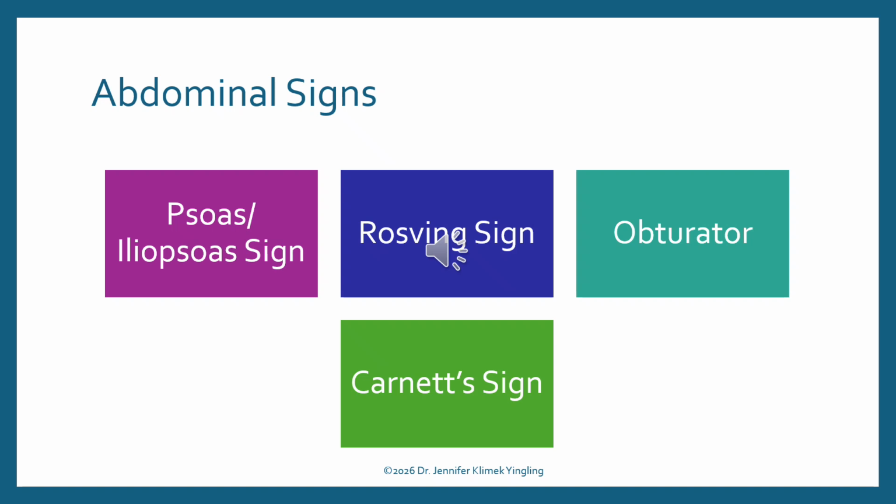And then there's Carnett sign. One of the ways you do this is you have the patient in, again, a supine position with their arms crossed over their chest like they're a mummy. And you have your patient lift their shoulders off the table so they're kind of contracting their abdominal muscles. Or you ask the patient to do a half sit-up, and they will have pain